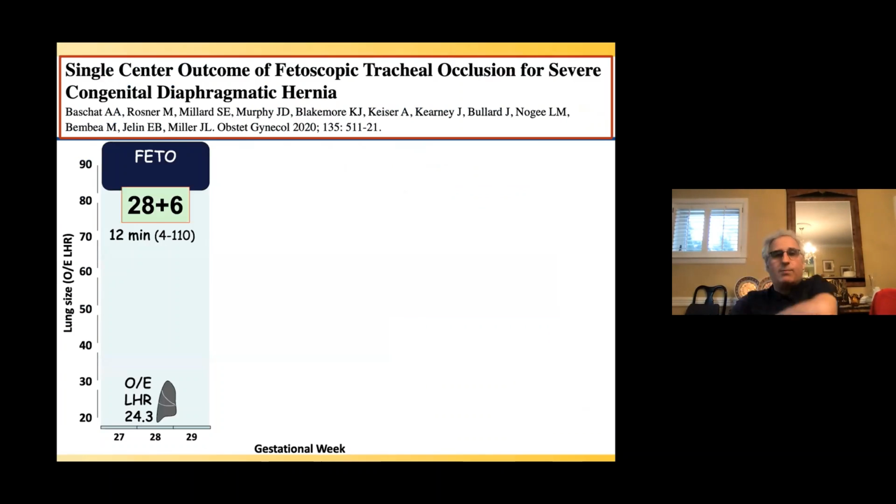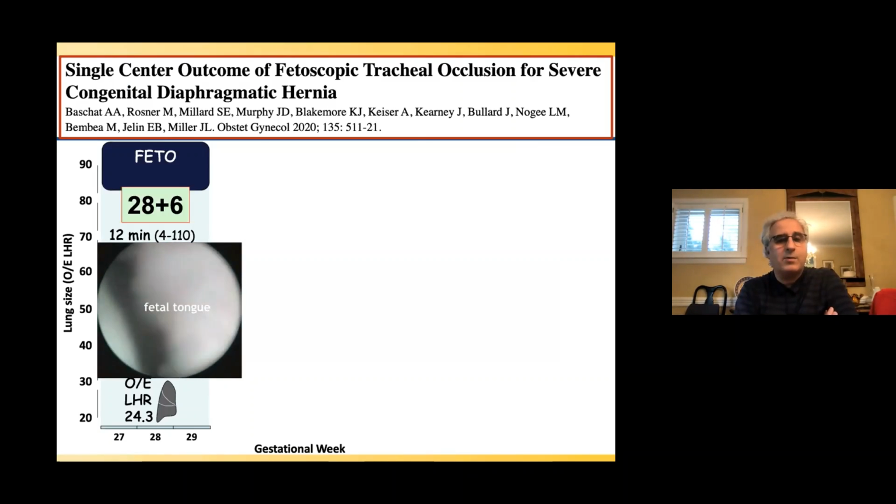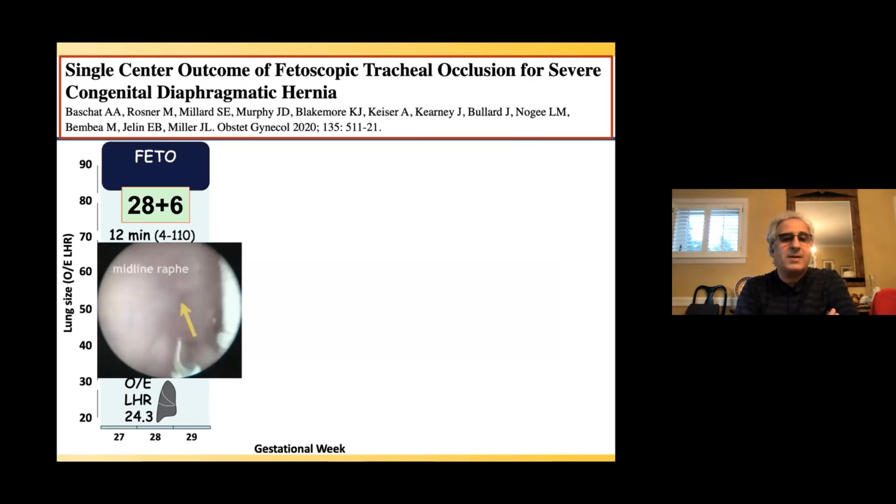So we have just published our results here, and this illustrates the relative lung size of babies when we're doing the tracheal occlusion. This is the mouth of the baby. This is the 1.3 millimeter scope, and using that sheet, there are some well-described landmarks. That is the midline of the roof of the mouth, and then we basically work our way back. This is at 28 weeks, so this is done by a fetoscopy in a 28-week fetus, and eventually we